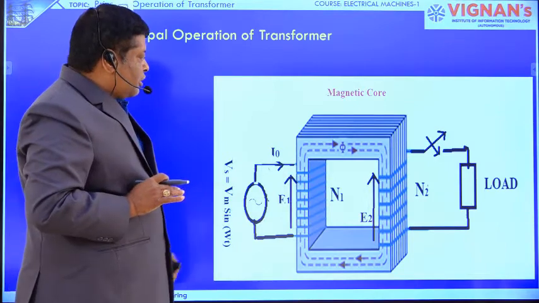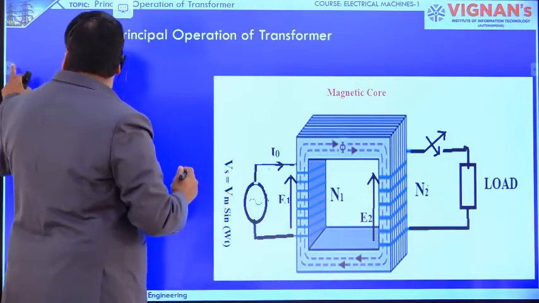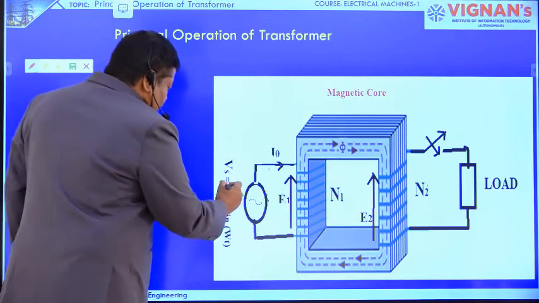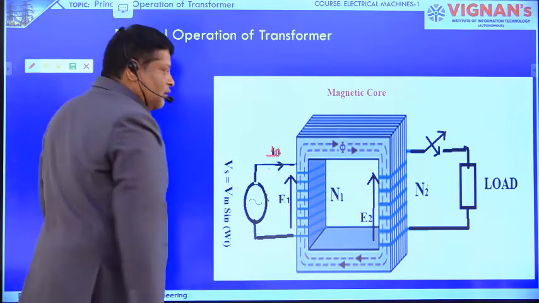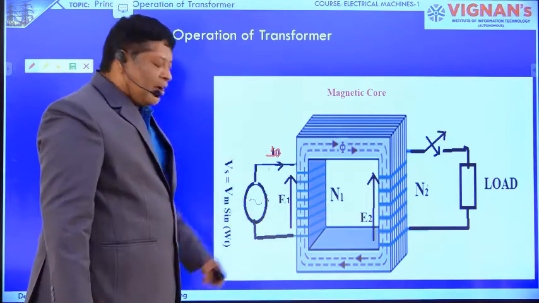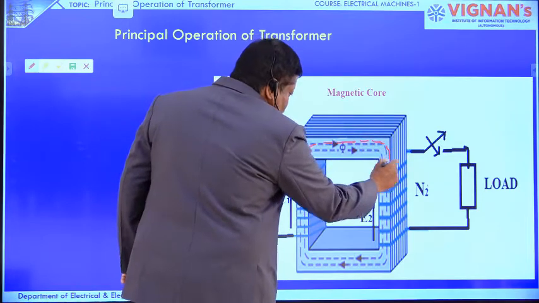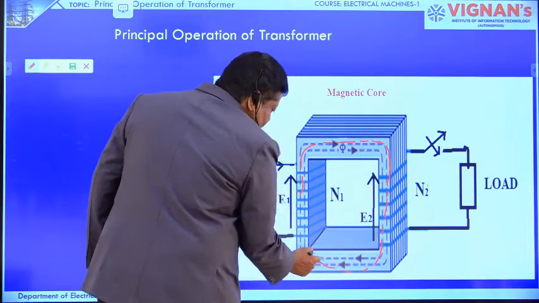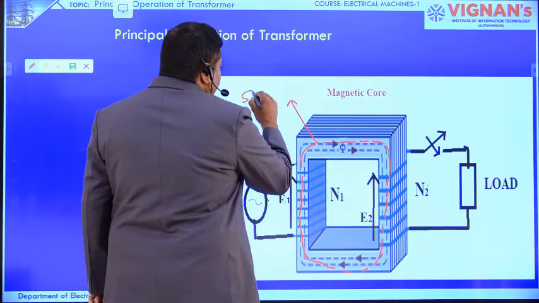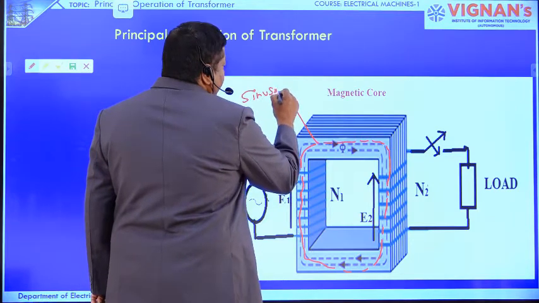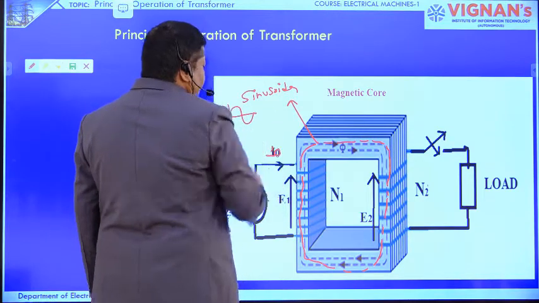So this is the basic circuit. What you have seen here: you are giving the AC supply here. Whenever you connect the AC supply, it takes a no-load current of I naught. MMF is created from the primary winding. The flux is created, and the flux flows through the core, linking with the secondary. The nature of this flux is sinusoidal, nothing but this waveform.